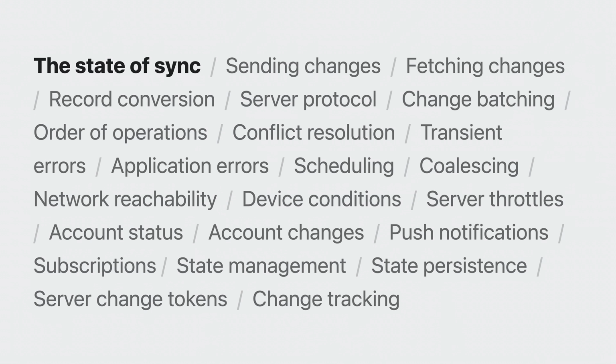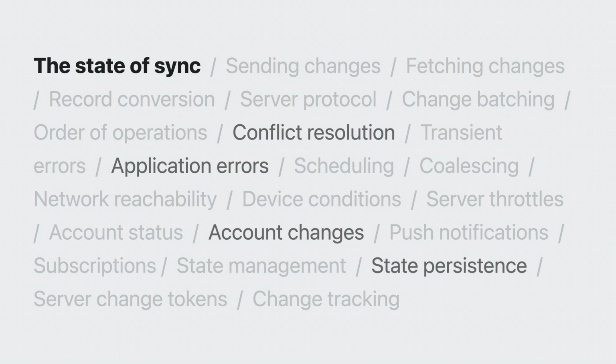At its core, sync is mostly just sending changes from one device and fetching them on another, converting them to and from CloudKit records when necessary. That's pretty easy to do on its own, but there's more than just that. You need to learn about all the different operations and errors, monitor system conditions, listen for account changes, handle push notifications, manage your subscriptions, track a bunch of state, and a whole lot more. When you use CK Sync Engine, the amount of sync code you have to write becomes much smaller and more focused. You only have to handle the things that are specific to your app, and the Sync Engine handles the rest.